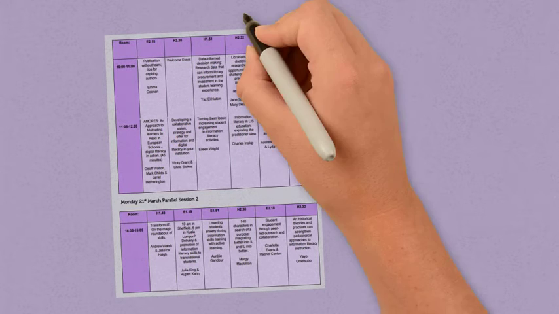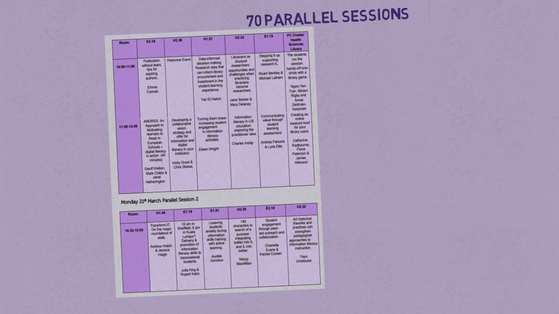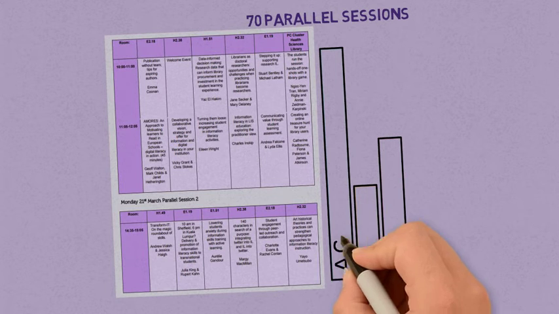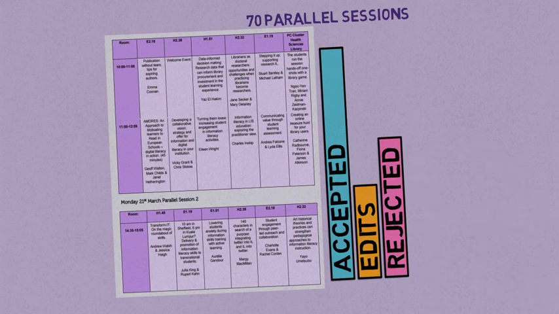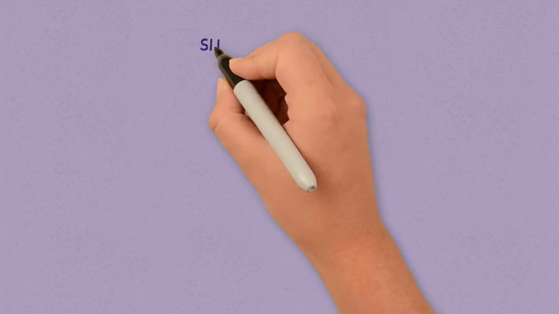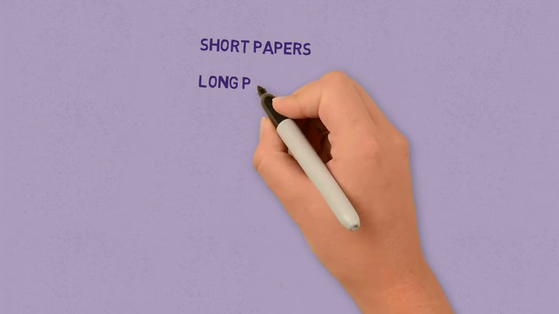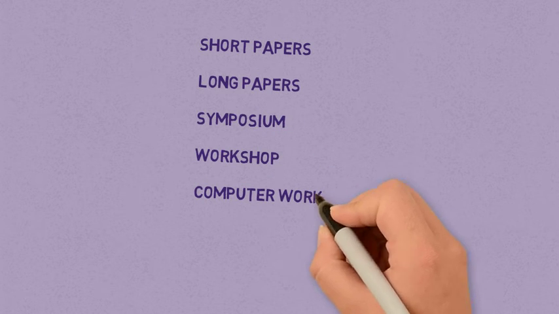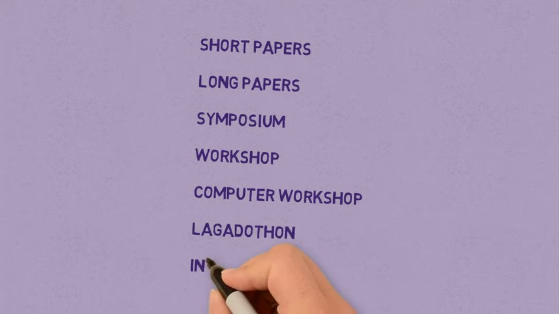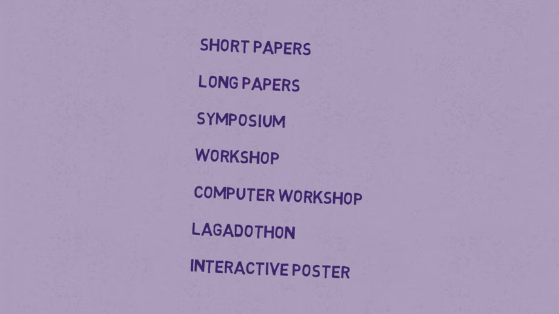The conference offers around 70 parallel sessions every year, but only 50% of abstracts are accepted with no amendments. Another 20% are returned to authors with suggested changes. Some paper types are more popular than others, so it can be harder to get a short paper accepted than a workshop or LILAC. Reviewers often suggest an amended paper type if they feel something is in the wrong category.